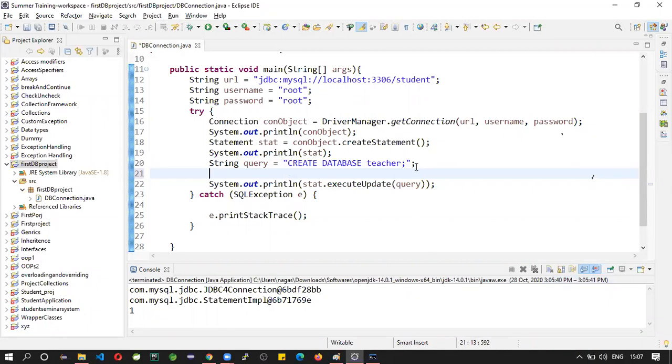create some tables. In order to shift to the teacher database, first we need to use that. So for that we have to mention this.